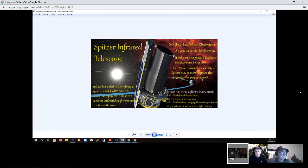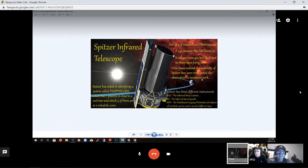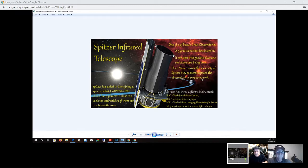It's an infrared telescope, so it was able to see all kinds of interesting things through nebulae, gas clouds, and emission nebulas that we couldn't typically see with the other types of telescopes. You could peer into the gas and dust and see little baby stars called protostars being born. This was what its mission was designed to do. But then, because of its sensitivity, the scientists and astronomers found out this thing is an absolute gem